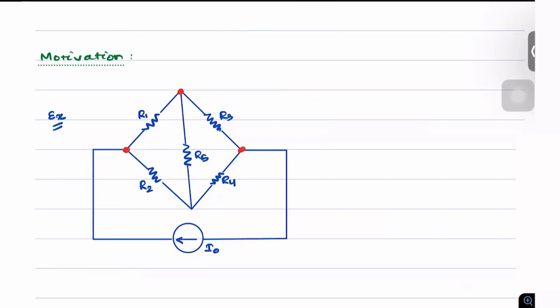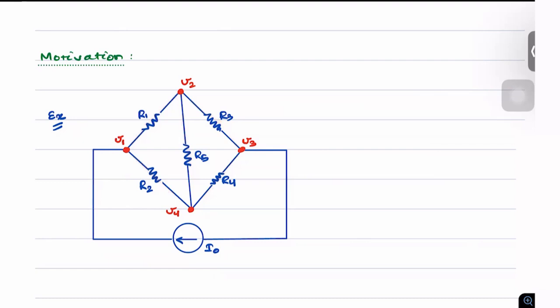So now what we'll do is we'll try to construct a graph out of it. And in order to do that, we must define the vertices and the edges, or the nodes and the branches of the electrical circuit. So these points in red are the nodes, obviously. So let's mark them as V1, V2, V3, and V4. So these are the nodes, and the branches would simply be, so these are all the branches. All of these are branches.